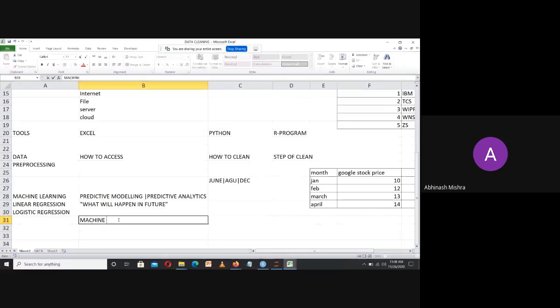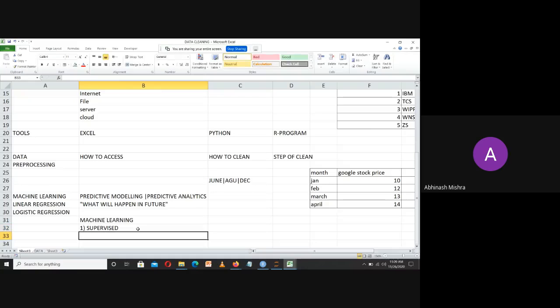If I'm saying in machine learning, I actually have two forms. And what are those two forms called? The first form is termed as supervised. The second is called unsupervised. And if I'm talking about linear and logistic regression, then definitely I will be saying that I am working in supervised form. Why supervised? Why not unsupervised? We will be looking into that when we move down towards machine learning, but I am restricting my topic to here only.